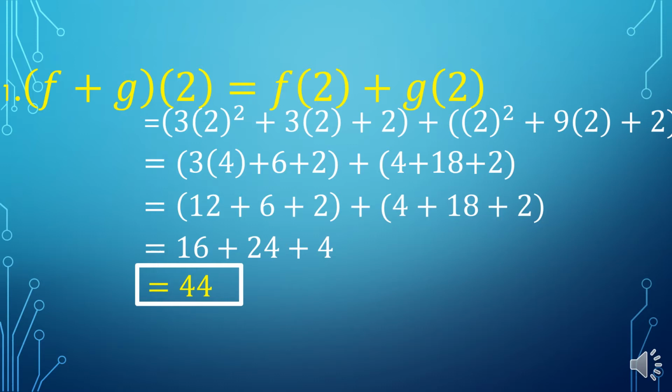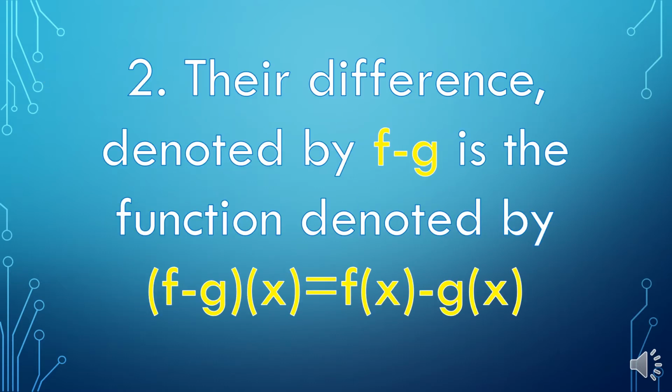12 plus 4 is equal to 16. 6 plus 18 is equal to 24. 2 plus 2 is equal to 4. 16 plus 24 plus 4 is equal to 44. For the second definition, their difference,